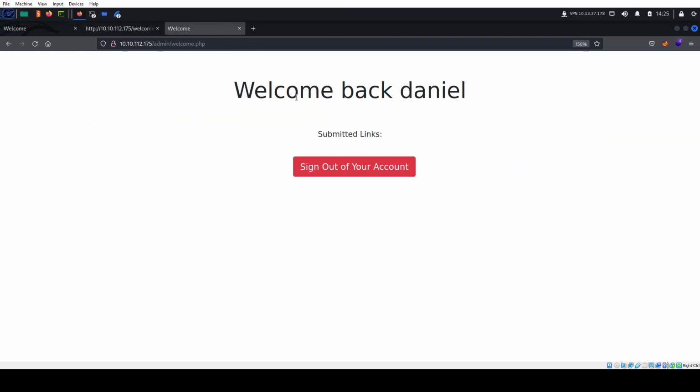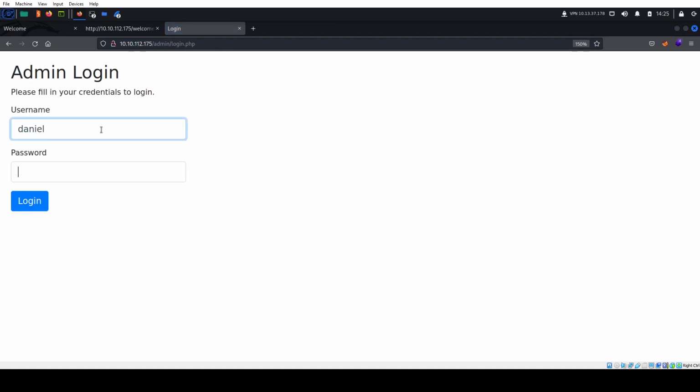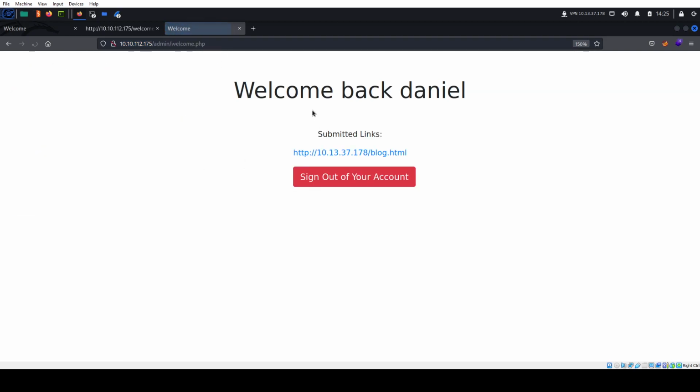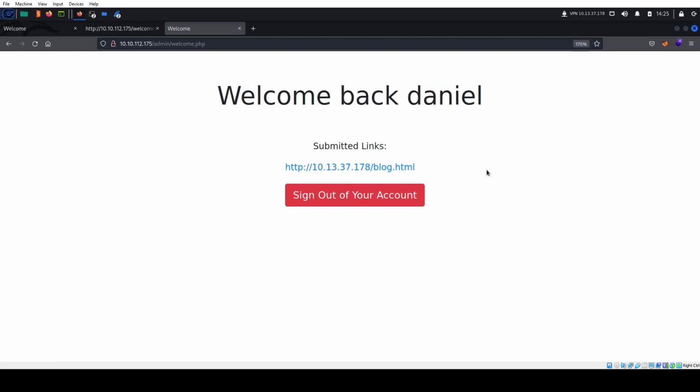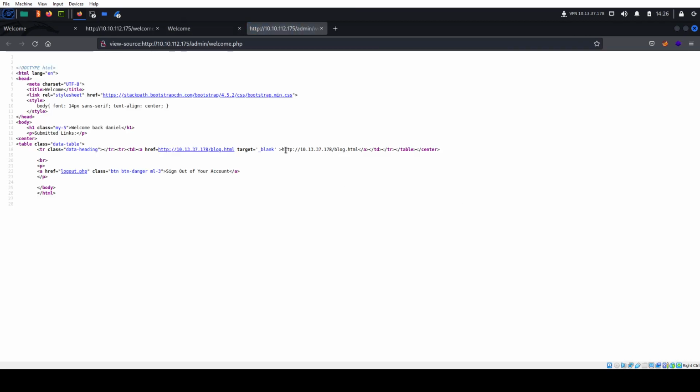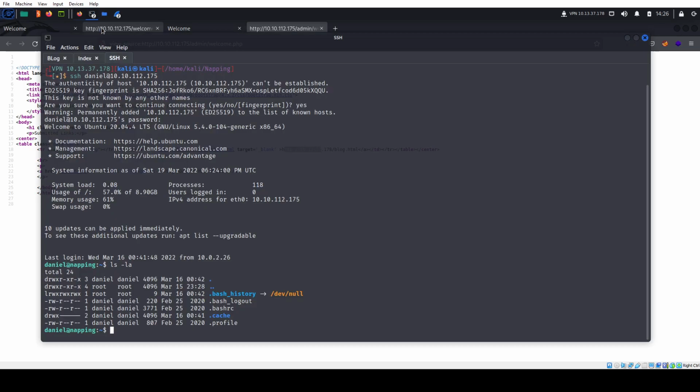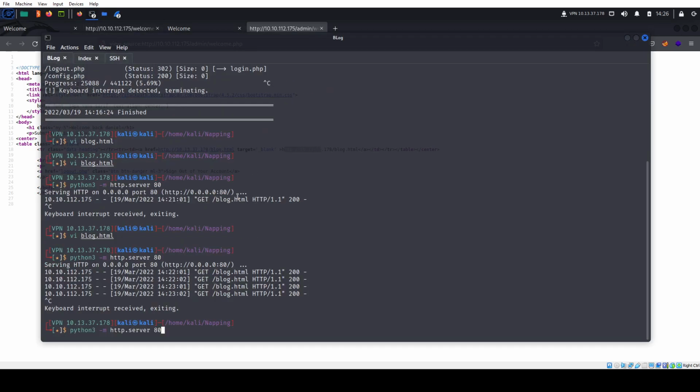Do I still have the password? I think if I do this, I'm going to get redirected. Yep. Daniel, login, and there we go. See, we have Daniel's page, and we see there's links, and if we view the source, we see there is a target blank. And actually, if we go back to blog